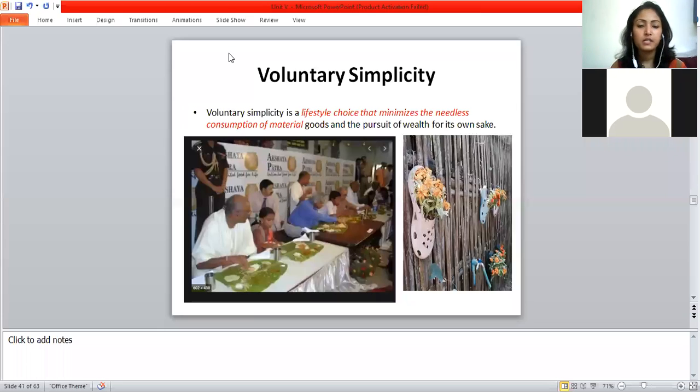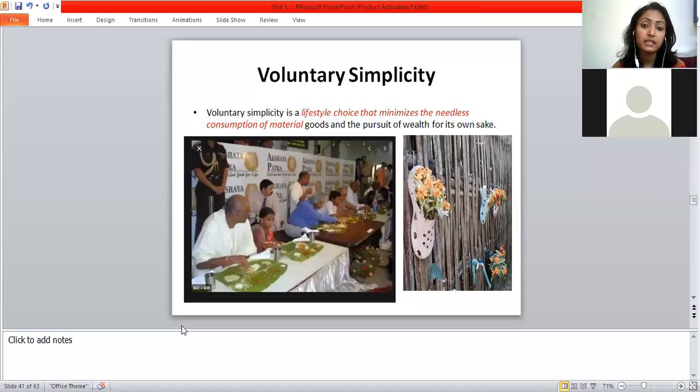So today we are going to start with a very important topic, that's voluntary simplicity. How do we start with this? The term itself says it: the words simplicity and voluntary. You are supposed to lead your life with simplicity, as we have discussed much about how we should lead our life with sustainable development. So very importantly, with some examples, we'll be discussing it,